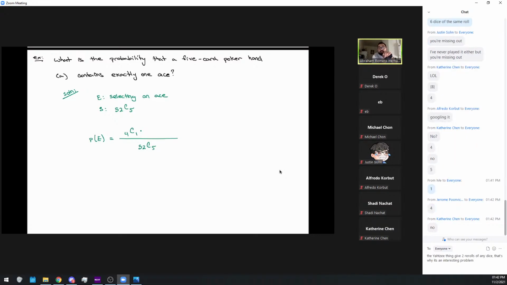Now, it doesn't matter what the cards are at this point. The cards don't matter. But we want to guarantee for sure that we're not going to pick an ace, because I want exactly 1 ace. So that means I've got to pick 4 more. But because I want to guarantee that I'm not going to pick another ace, I'm going to take all the aces out of that 52-card deck. So that means I now have 48 cards, and I'm going to choose 4 of them.